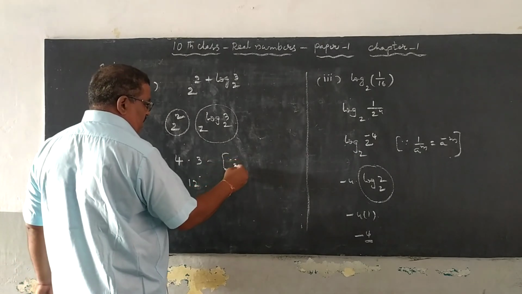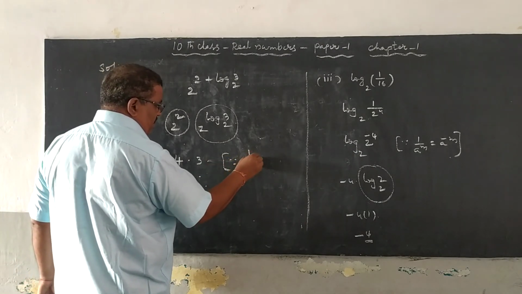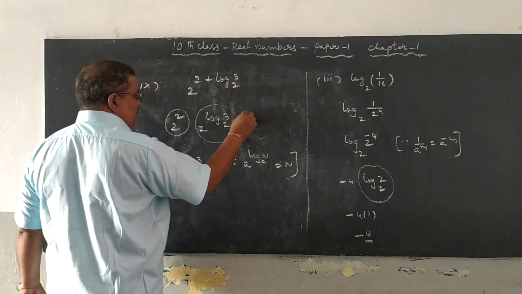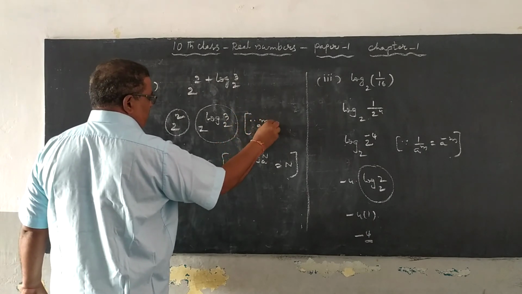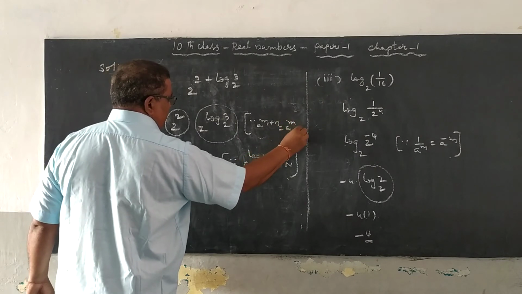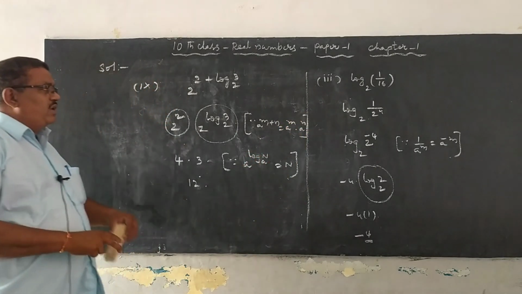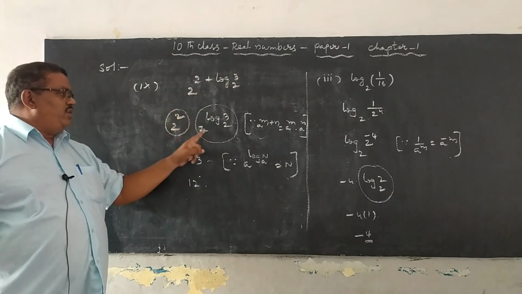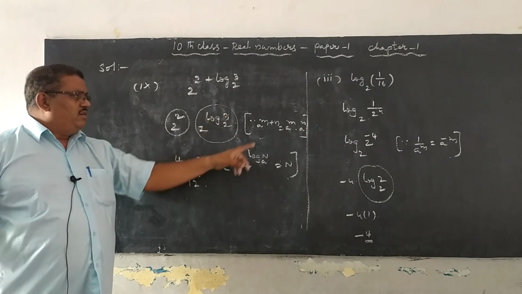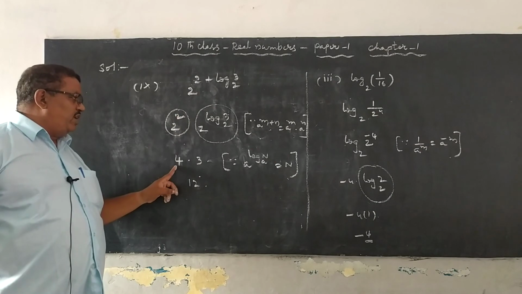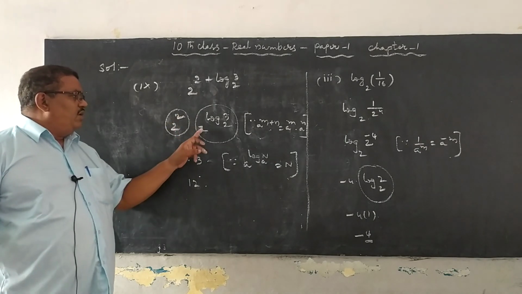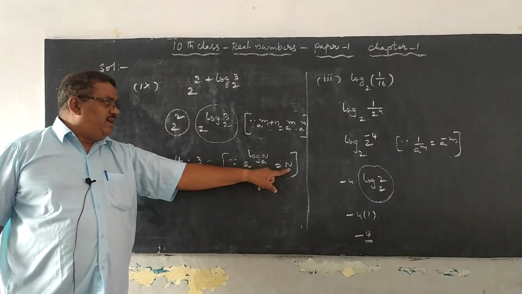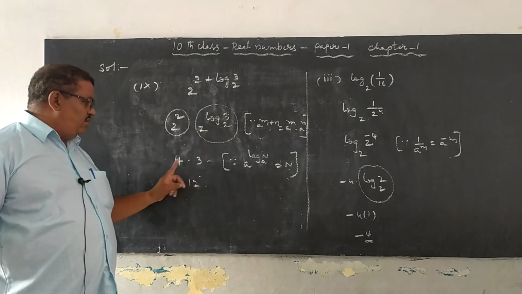Here write the applying formula. A power log n to the base a is equal to n. Here we have to write a power m plus n can be written as a power m into a power n. Once again I repeat the question. 2 power 2 plus log 3 base 2. A power m plus n, a power m into a power n. Since from this formula, 2 square value is 4. 2 power log 3 base 2, which is in the form a power log n to the base a, that value is n. So, the entire value is 3, 4 3s are 12.